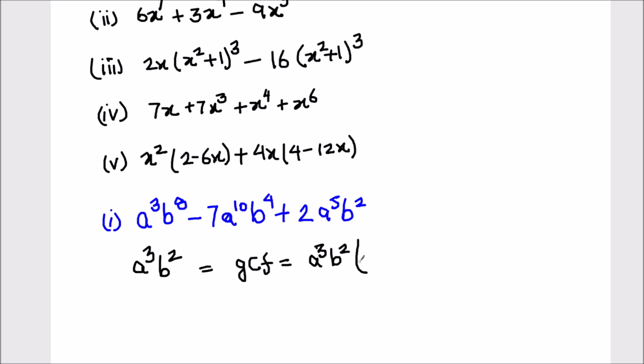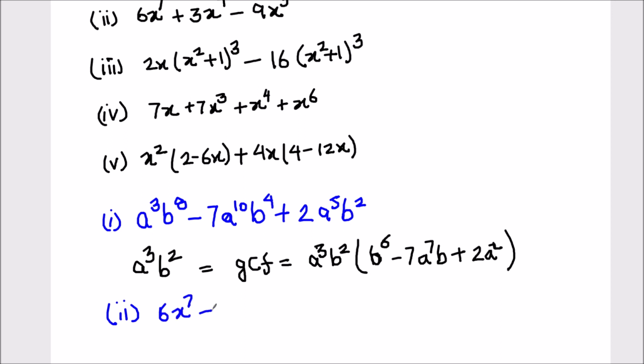After factoring, we are left with b raised to power 6 from the first term minus 7 times a raised to power 7 b plus 2 times a square. So this is our final expression after factoring out a cube b square from the expression. Let's go to a second question where we have